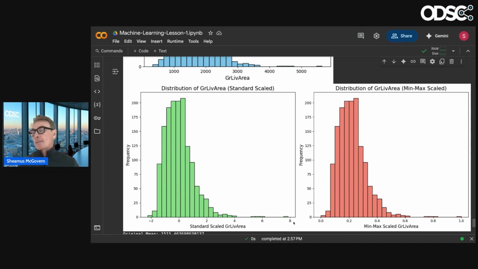So it doesn't really look like much of a standard distribution to me, because it has the exact same distribution, which is fine. But this one here is scaled between 0 and 1, because in living area you don't have negative values. So this one's min-max scaled normalized, and this one's standardized, right?